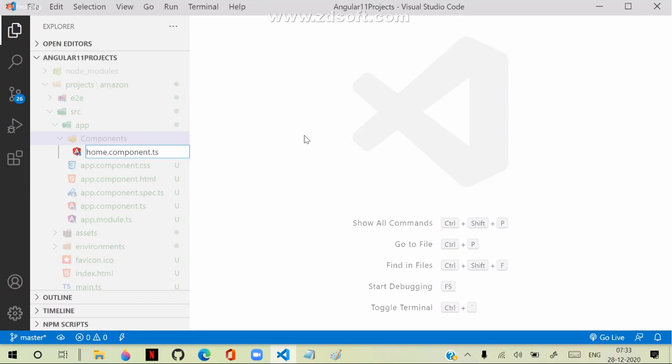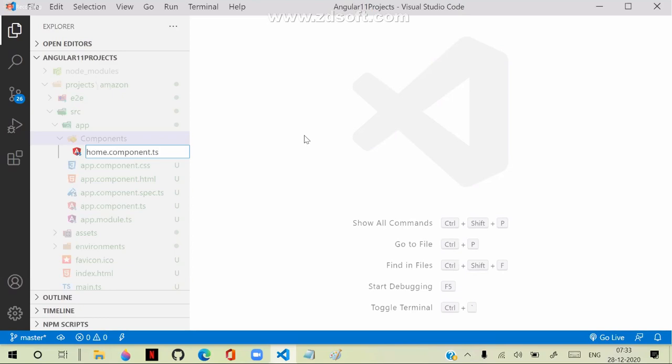But traditionally, all the components are given the suffix name as component. Because if all are TS files, then it is difficult for a developer to identify which one is a component, which one is a service, which one is a pipe, like that.